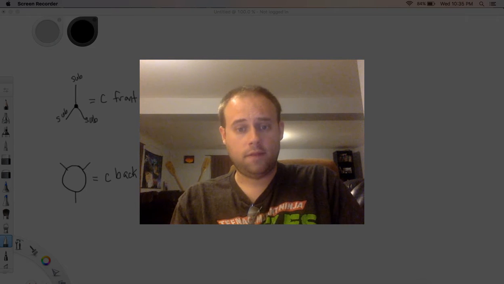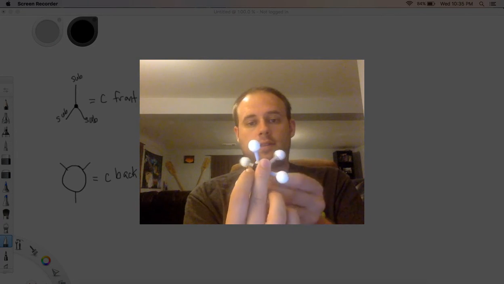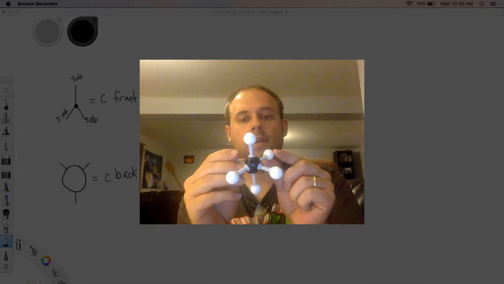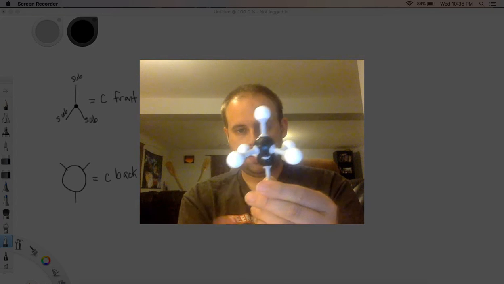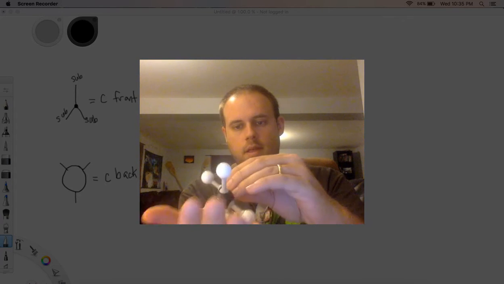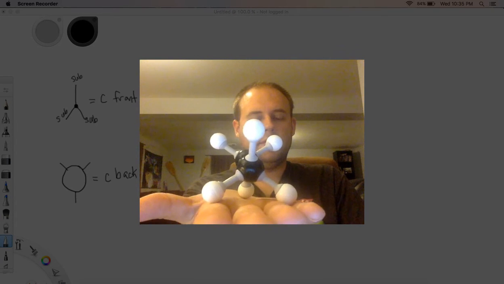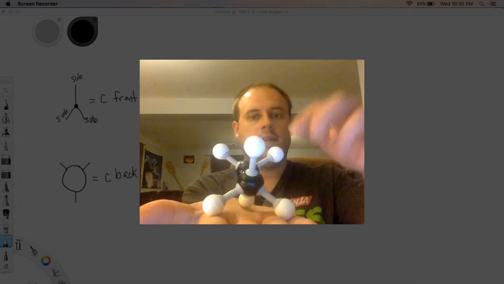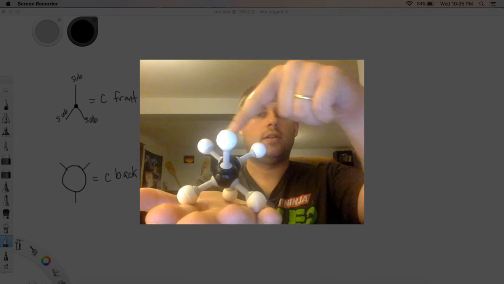So we've already seen one of them, which we drew. The first one looked like this. We have right here, right? So this example that I'm showing you right here, I kind of put it flat like that. This example right here of this Newman projection, it's called a staggered Newman projection because these groups are staggered from